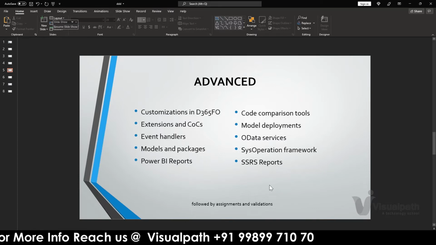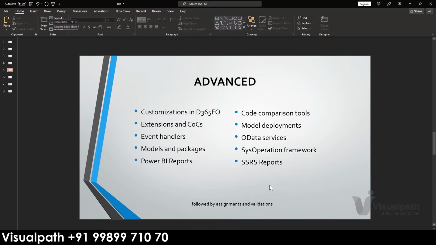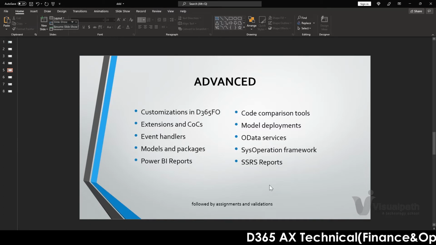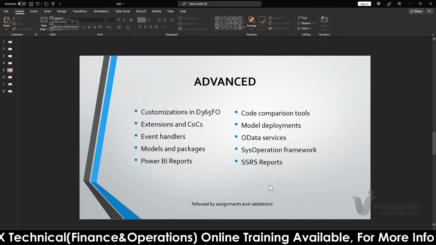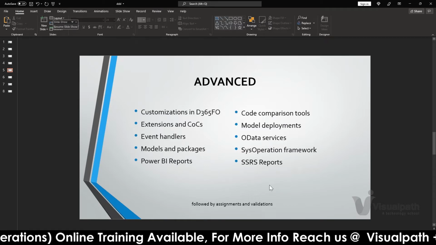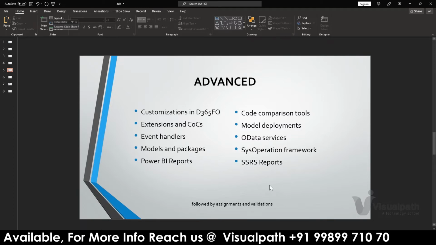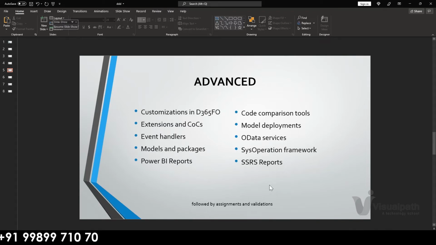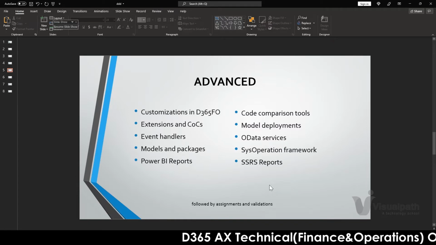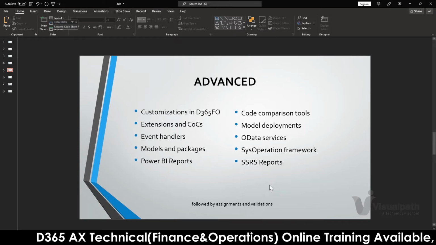And coming to the code comparison tools, if you have already done certain development and want to import some other code, you can use tools like code comparison, where you can compare the existing code to whatever you are trying to import now. If you feel it's okay to have the latest version or the existing version, with the help of that comparison tool you can decide and import the things you require.